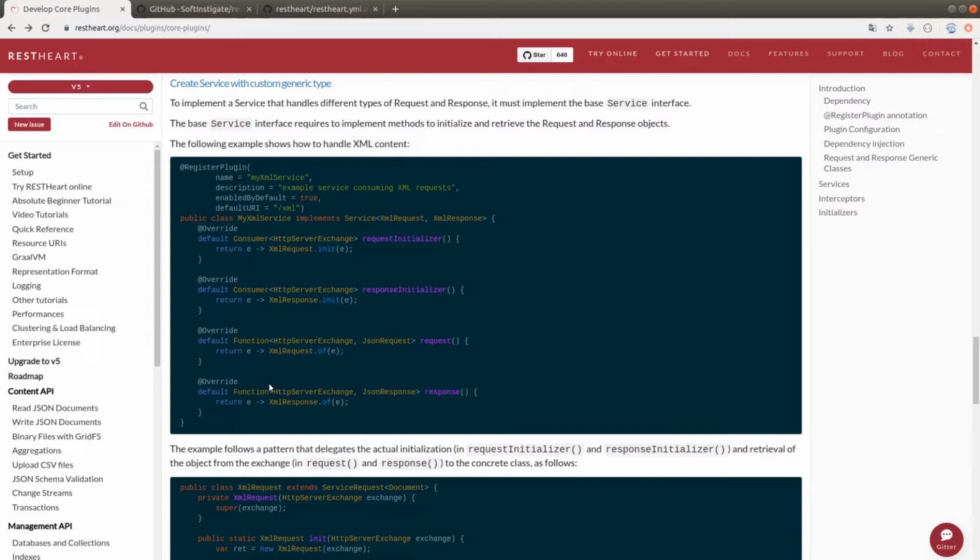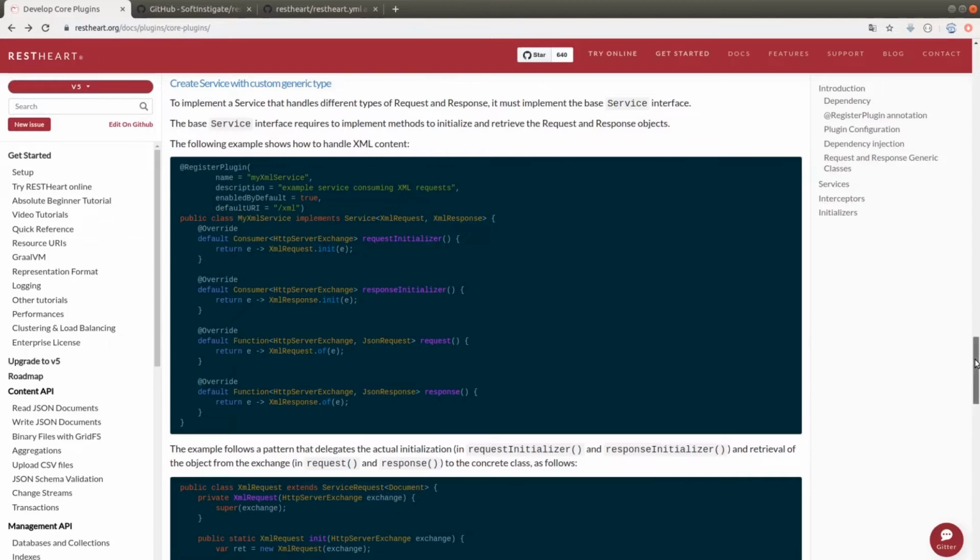However, in this case, it is necessary to make the override of 4 methods: request initializer, response initializer, request, and response. The first two take care of the request and response initialization, while the last two manage the request and the response.